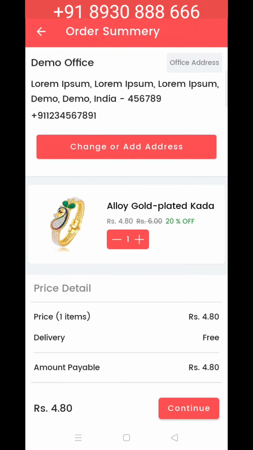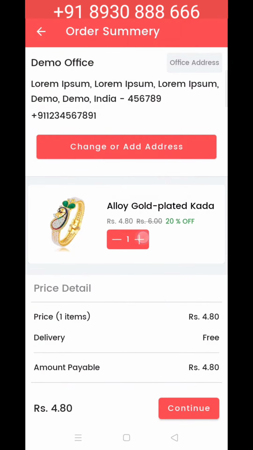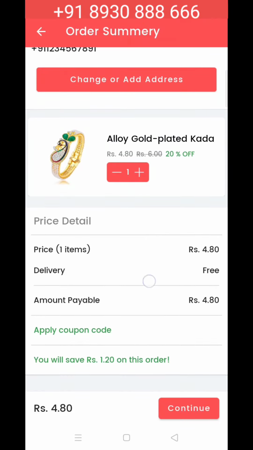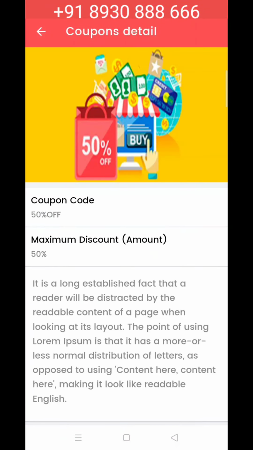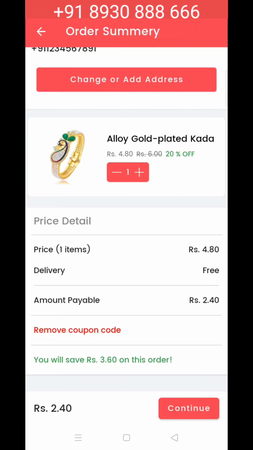Let's go further, and I just choose one product and select it to buy, and then we can buy the product from here, and we can add multiple products to our cart. We will provide you a coupon system as well. As I have clicked on the coupon, we can apply the coupon code to our product, and once the coupon code is applied, the price will reduce automatically. As you can see on the screen, the price after the coupon code is reduced, and the actual amount is shown on the screen.